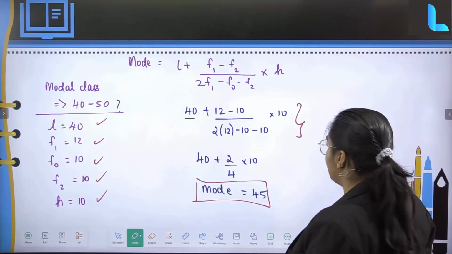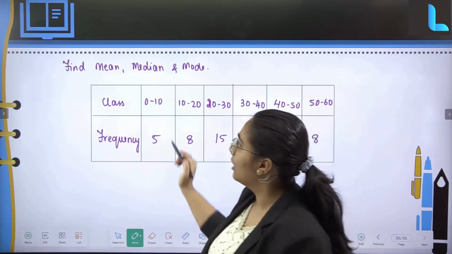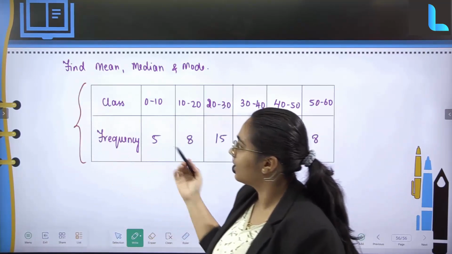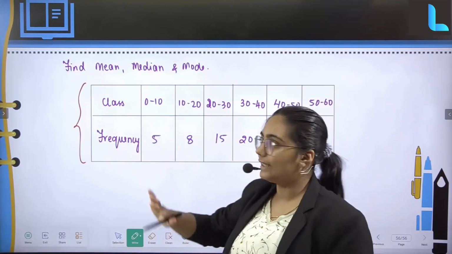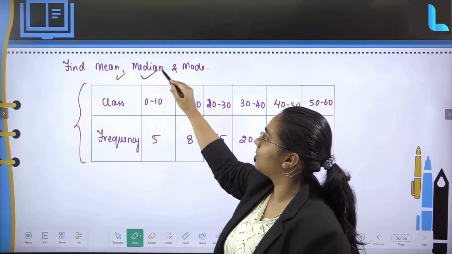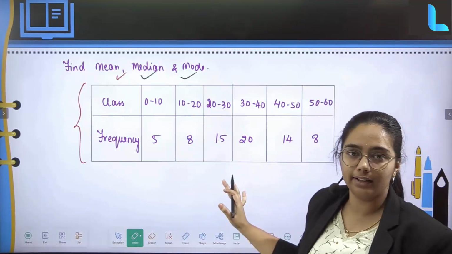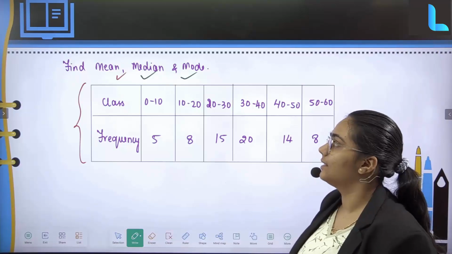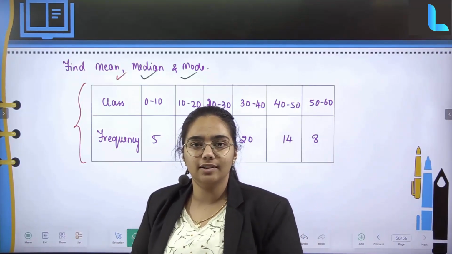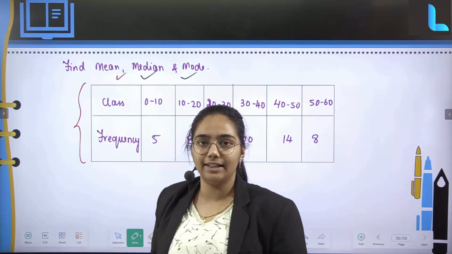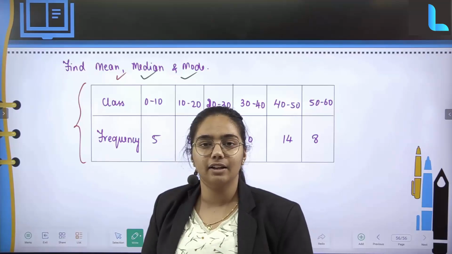So this was something relating to this particular question. Just for your practice as a full-fledged one, you can solve this particular question, again something relating to whatever we just did. It is a grouped data question, where you have to find the mean, median and mode for all the 3 sections using this provided data. This is just for your practice. I hope this video is going to be helpful for you. We have exhaustively completed each and every detailed question in this particular chapter. I hope this helps. Thank you, students.